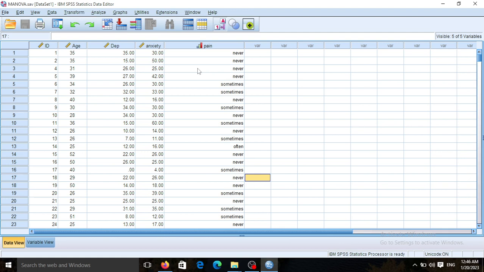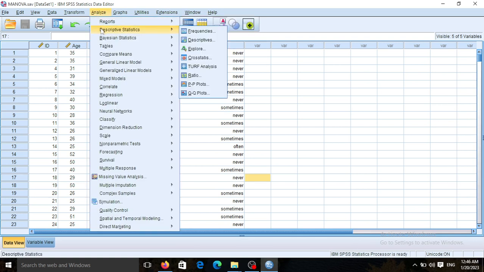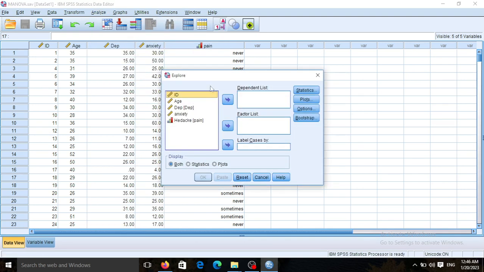First of all, I start with the normality test, and I choose the descriptive statistics, then explore, and I send depression score and anxiety score into dependent list and headache into factor list. Headache is my grouping variable, and then I choose